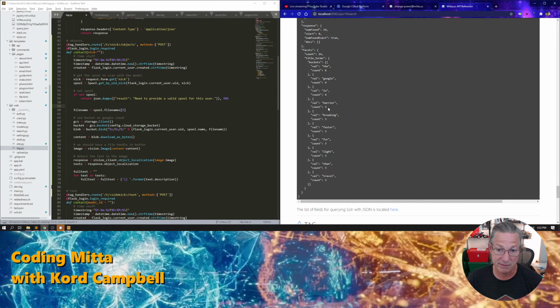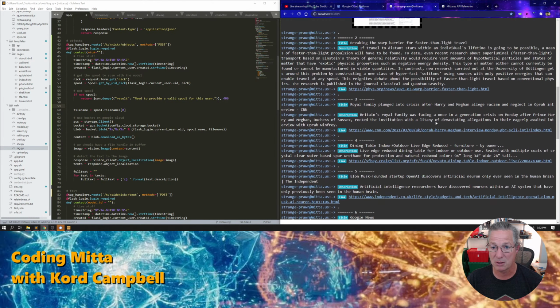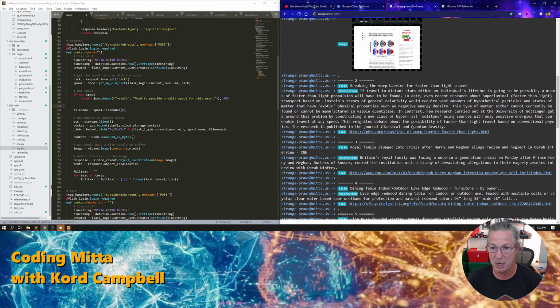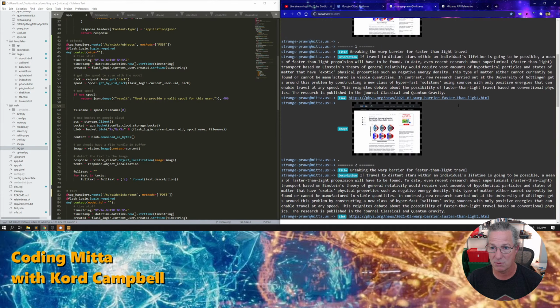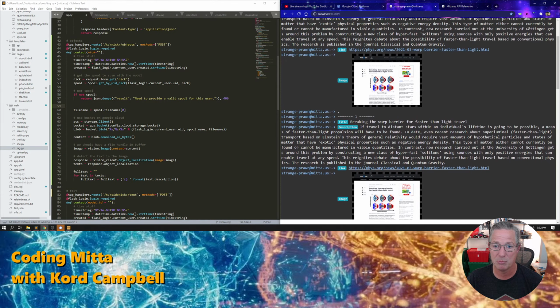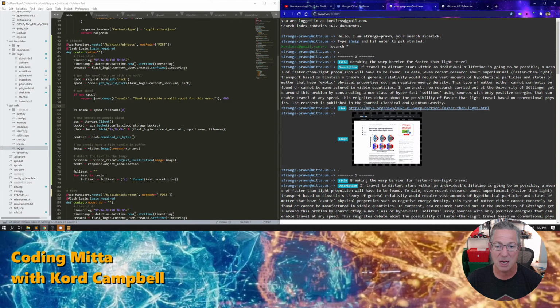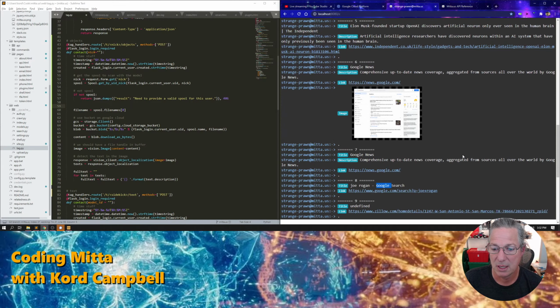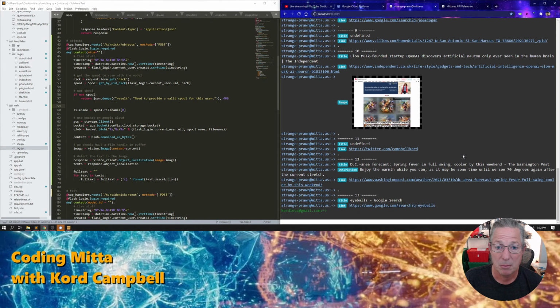The word in, barrier, breaking, faster. So maybe we bookmarked a page a couple times. Breaking the warp barrier for faster warp. Yeah, see, we saved that one like 3 times. Probably just because I was playing around with it or something. It got saved a few times in there. Anyway,